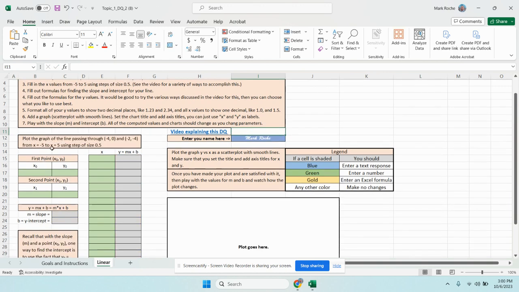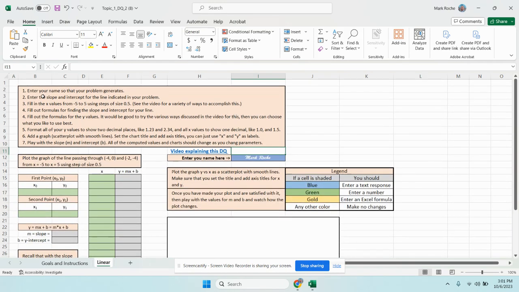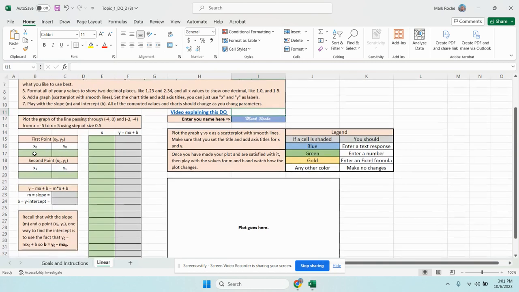So this says plot the graph of the line passing through -4, 0 and -2, -4 from x equals -5 to 5 using step size of 0.5. So the first thing it wants us to do is to enter the slope and the intercept for the line indicated in our problem. Well, before I even do that, I'm going to put my 2 points into these green